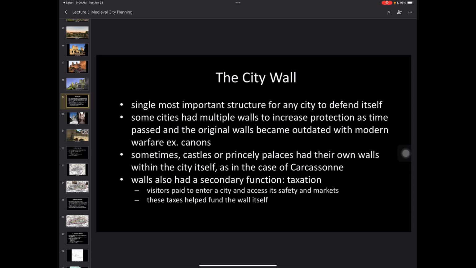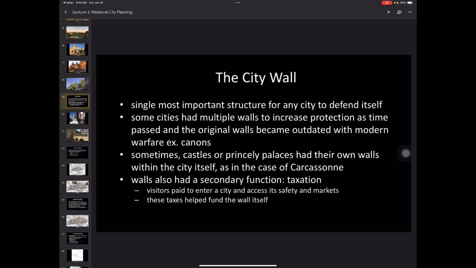And sometimes, right, once you have the invention of things like cannons, you have to upgrade your infrastructure because the walls that you would have originally built can now easily be knocked over. So you need to reinforce and build a second wall that is now cannon-proof where you could prop up your own cannons, right? Or where you could prop up your own artillery or whatever kind of new technology you have.